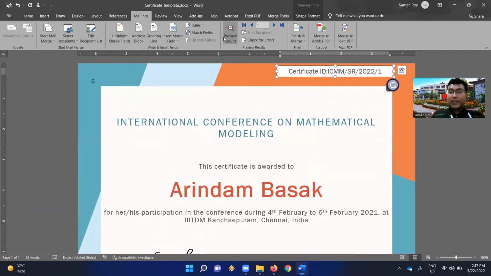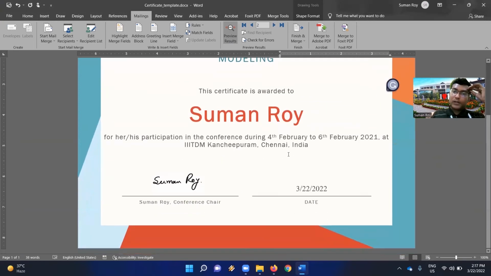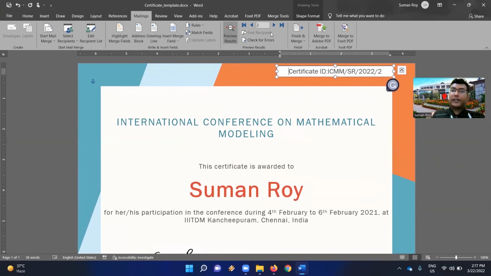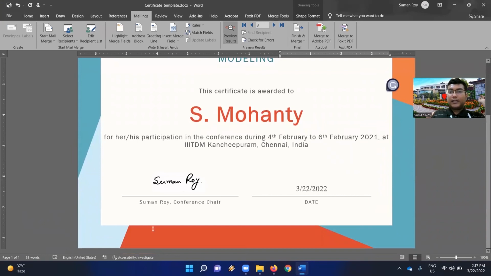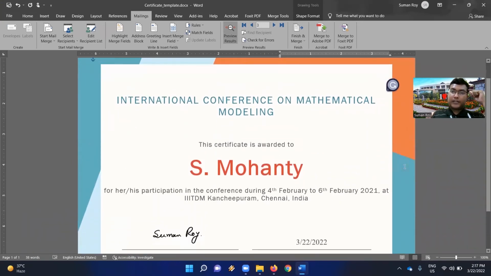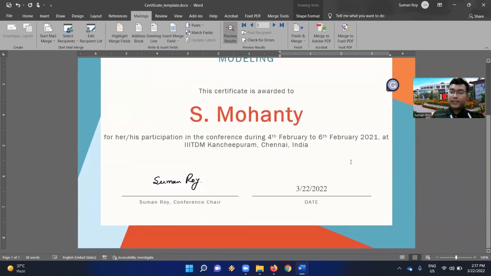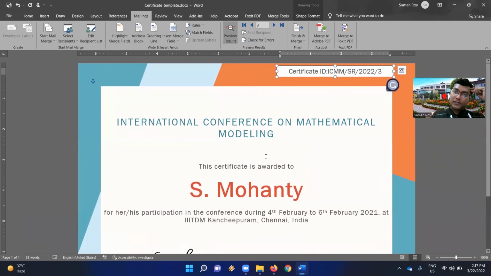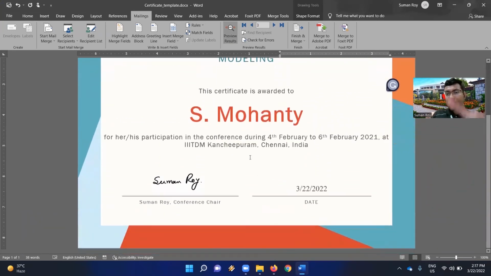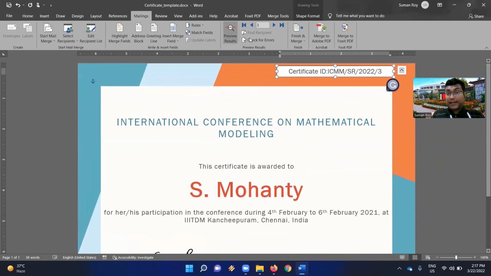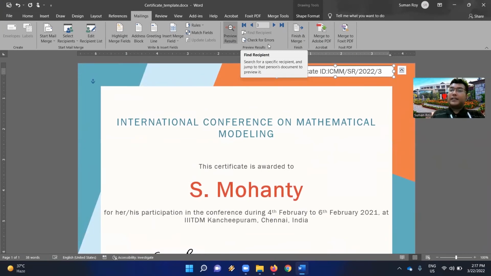So how many instances are there? I think there were 3 instances. You can also check by clicking here. Number 2 is Suman Roy, and then all those certificate IDs. Then number 3 is Mohan, and these are the certificate IDs. And after that, once you are satisfied with this setup, that means it can generate, then you have to